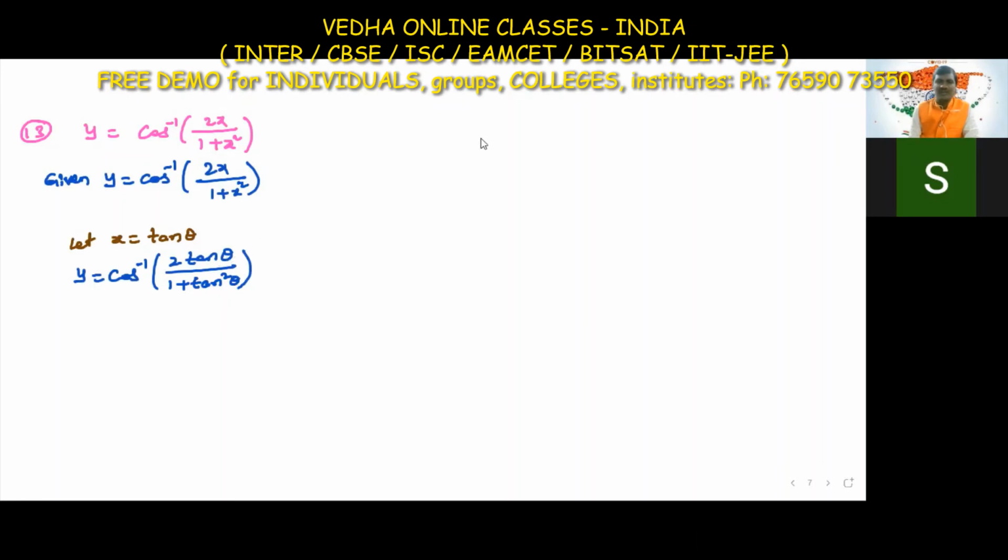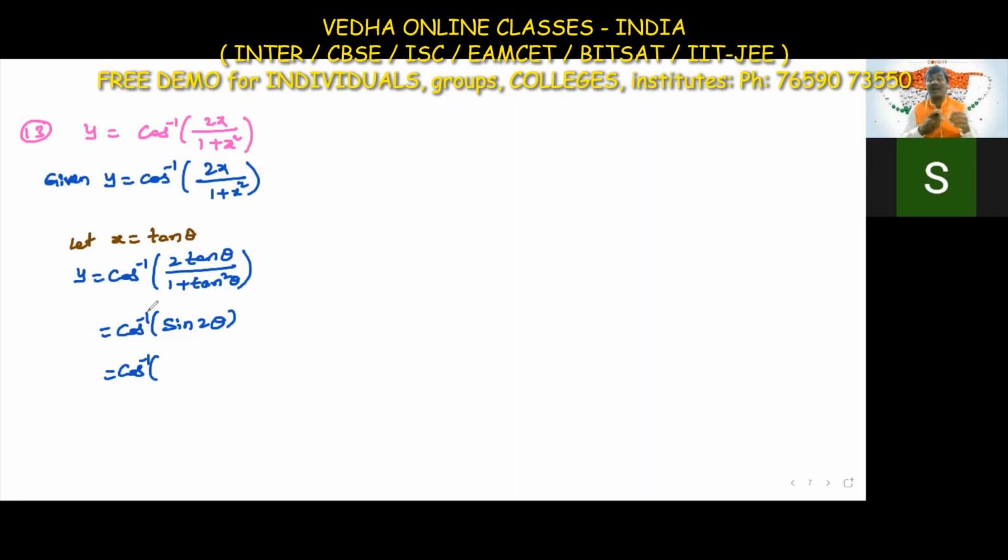We have the formula. What is the formula? Cos inverse as it is, and 2 tan theta by 1 plus tan square theta is sin 2 theta, not cos 2 theta. But outside we have cos inverse, so we want cos theta inside. So that's why we use another formula here. This is a little bit different question. For all the other questions, whatever we have outside, we get that function directly. But in this question, outside is cos inverse, but inside we are getting sine.